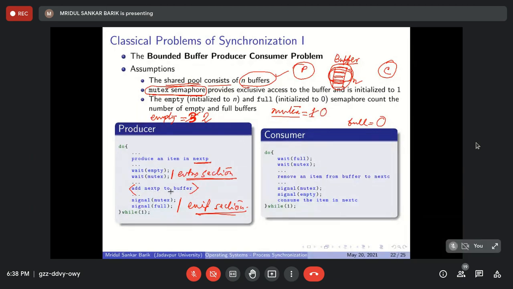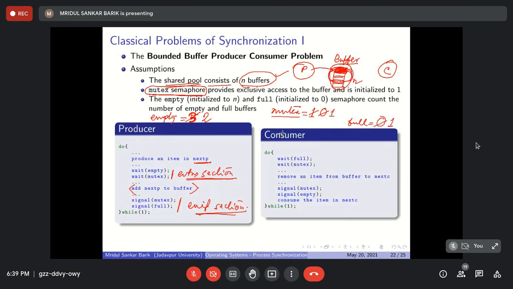It adds the produced item to the first buffer location, which is filled up. Then it will signal mutex, which becomes 1, and signal full,